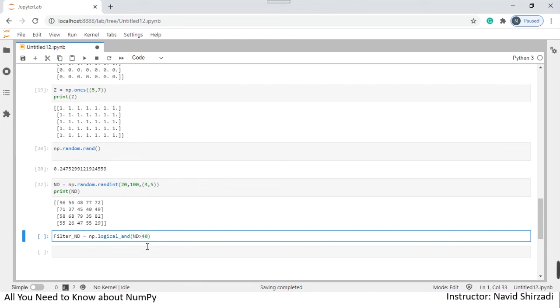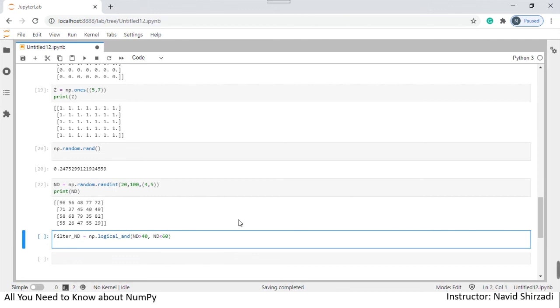And the other thing that I want to specify is ND more than 40 and less than, let's say 60, okay? So actually I want to filter out these numbers, 48, for example, 37, 45, 40, these are all, not 40, 49, more than 40 and less than 60. I want to filter them out and see what these numbers are. And if I run this one, and check the results right now,